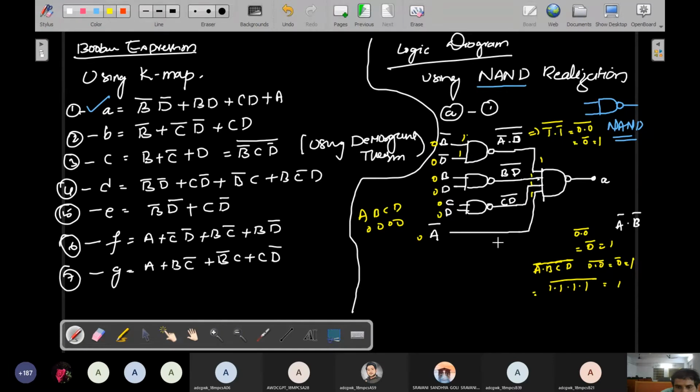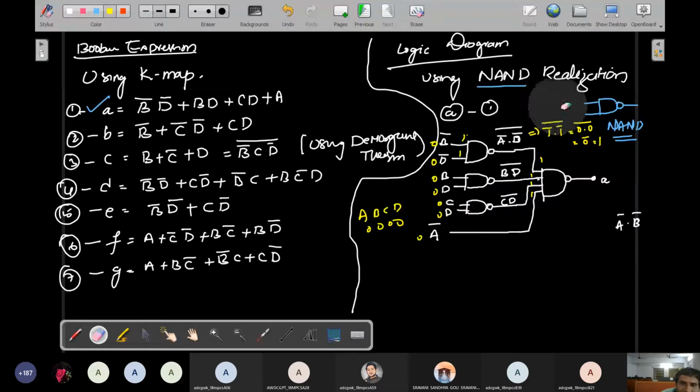Hey, it's a mistake, someone's mistake. Okay, okay. So simply I am not converting right now the Boolean expression. See, this is not actually the answer. Simply here I am applying De Morgan's theorem. Right now I am not applying De Morgan's theorem. Okay, see, once again I explain all these things.